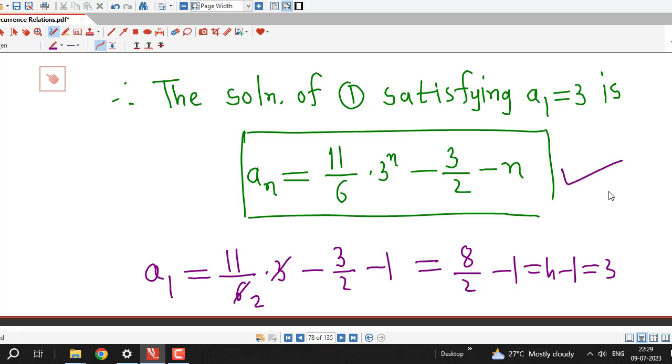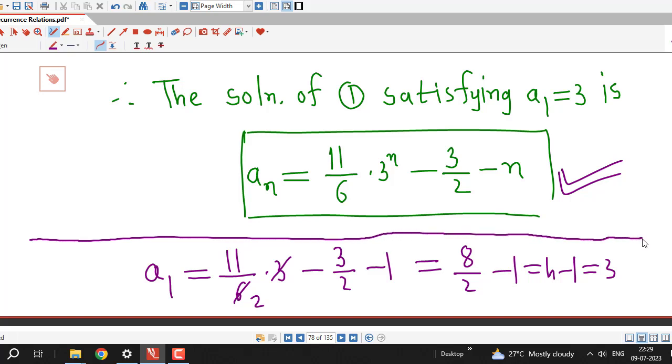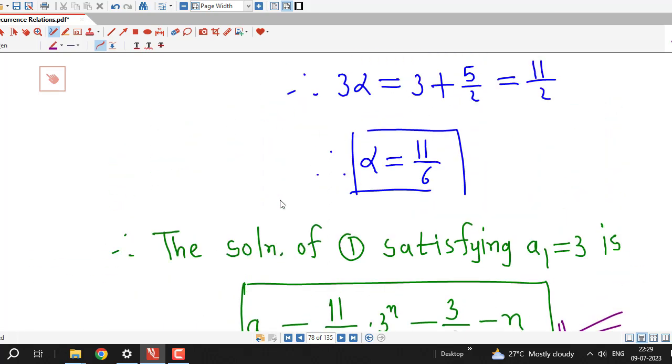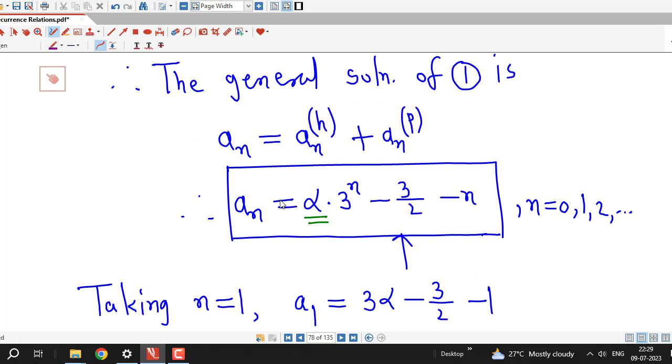Therefore this is the solution satisfying the initial condition a1 equal to 3. This is just for cross check. You don't have to mention this verification in your examination. So this is fine. It is the particular solution satisfying a1 equal to 3 as well as the given recurrence relation,